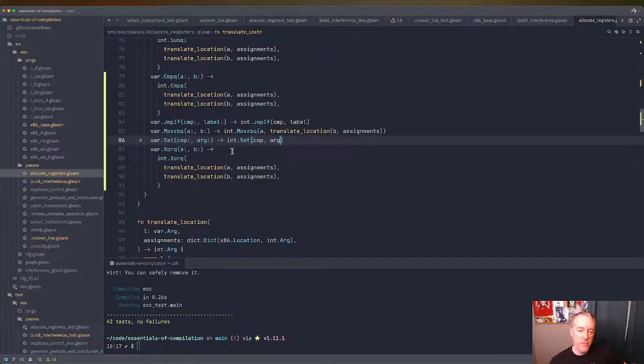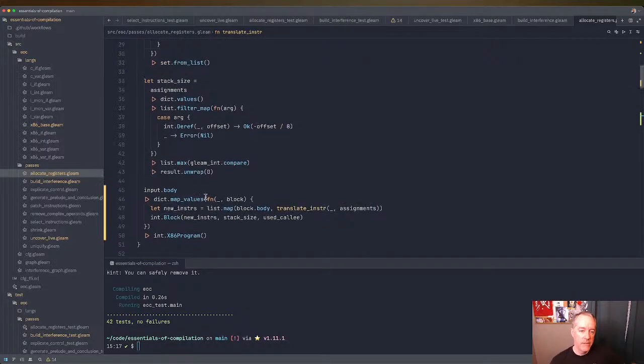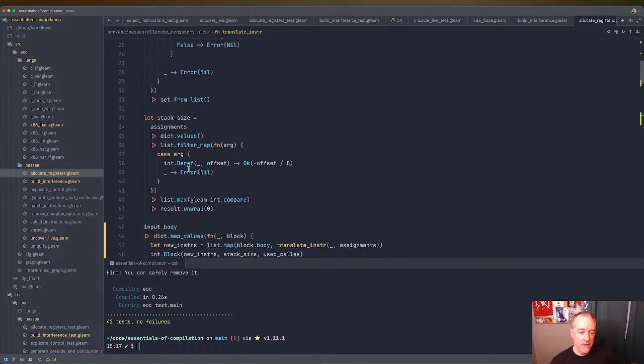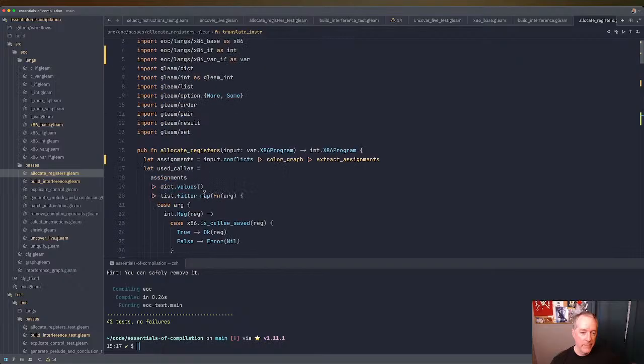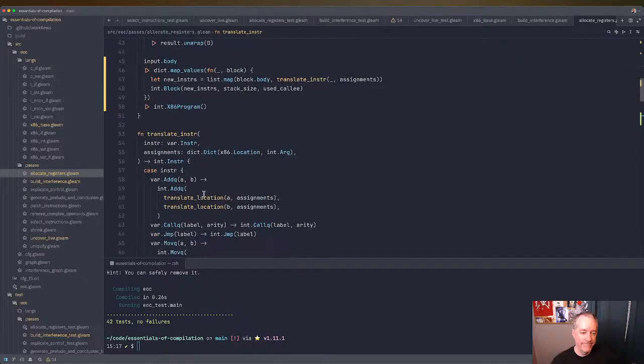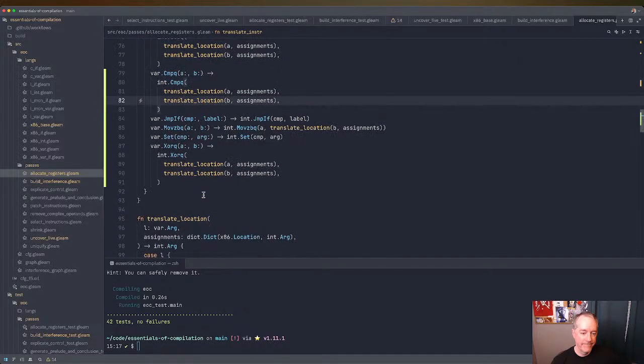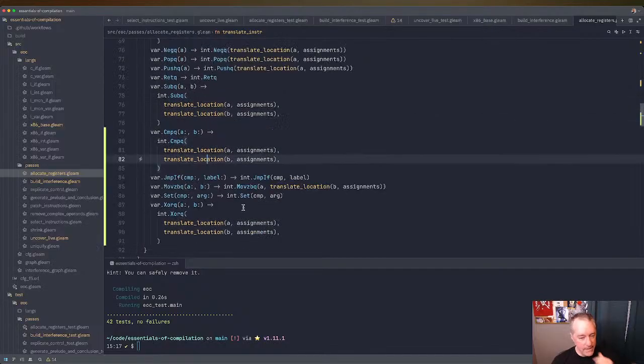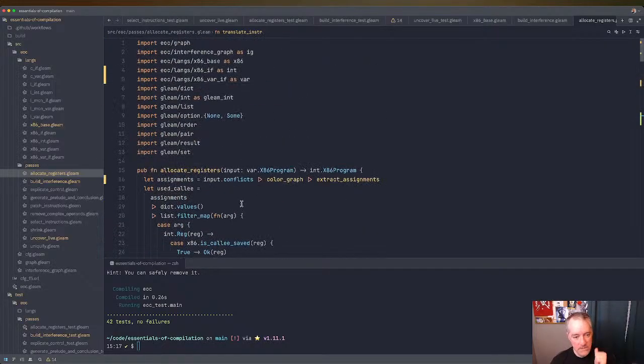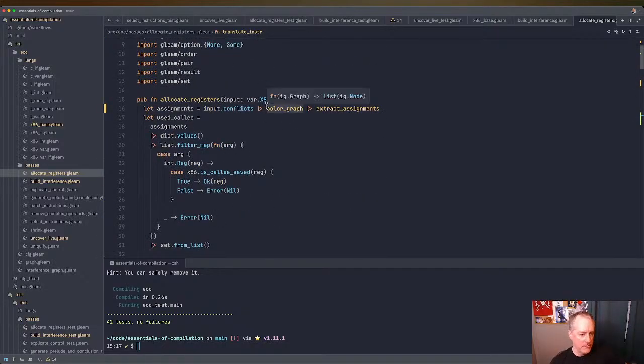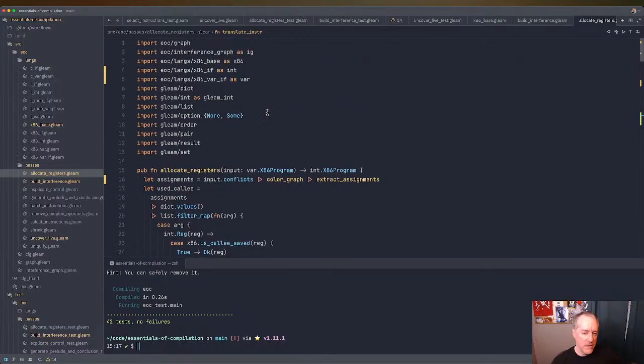It kind of makes me want to move the stack size and the callee assigned variables to the program level, if that makes sense, because we care about that when generating the prelude and conclusion,